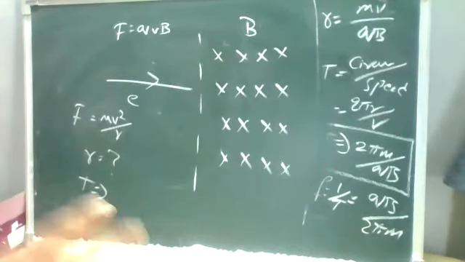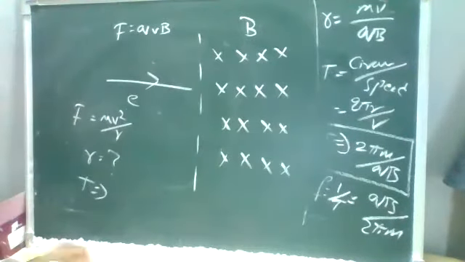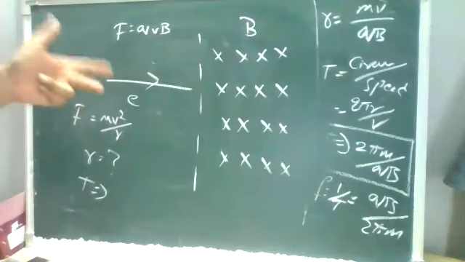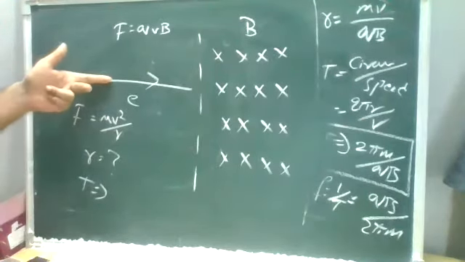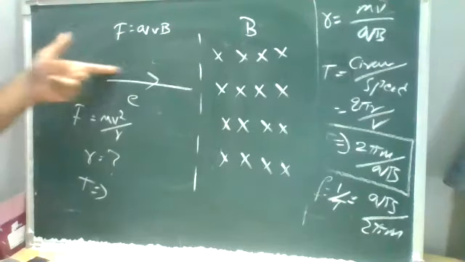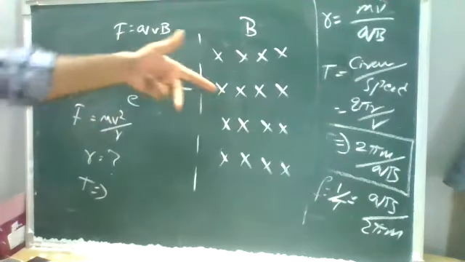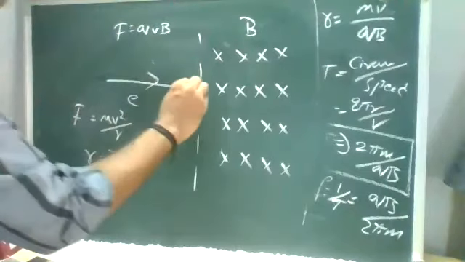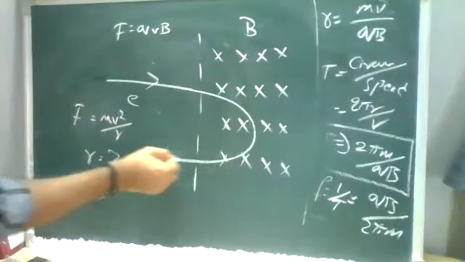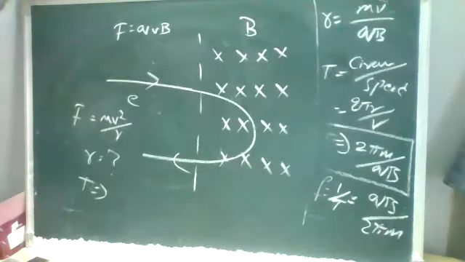Okay, check it. And the path, if you see from Fleming's left hand rule itself, it is not a complete circle, because it was traveling in from the outside. It was entering from outside, and along its path it will try to come out of the field. So the charge's traveling path is like this. It won't be a full circle. It is a semicircle.